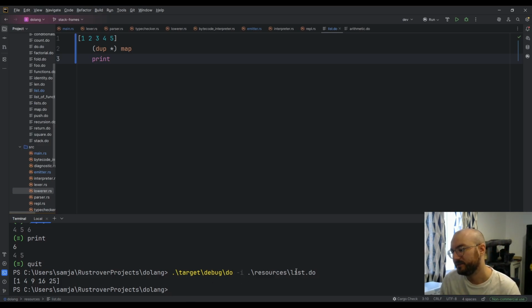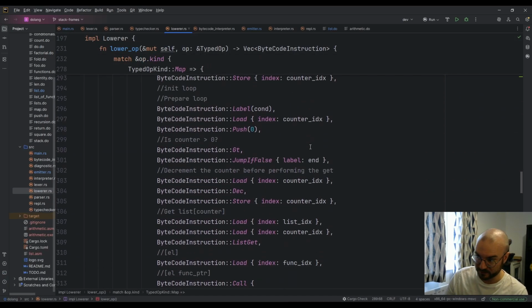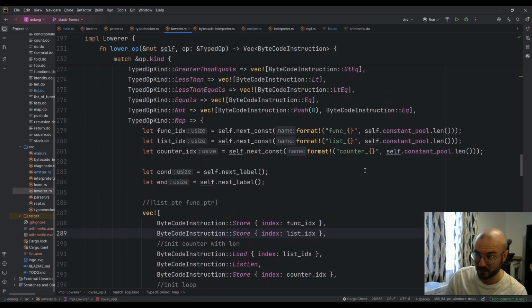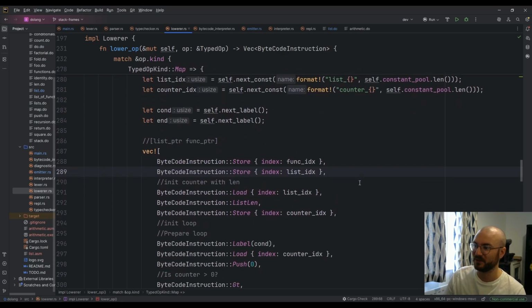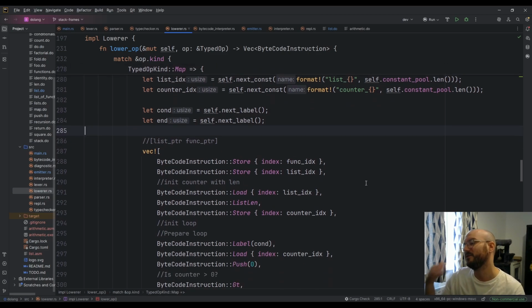So this interprets the list, and it does a map which was implemented using all of these operations, which is insane that it works. And I was so happy when this worked. And we can go through how it works, and I need to remind myself how it works. But